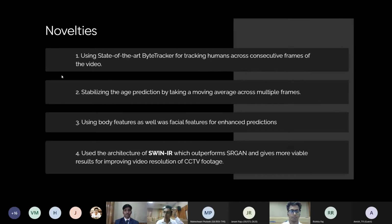Lastly, I would just like to go over all the novelties that we have used in our pipeline. We have used the state-of-the-art ByteTrack tracker, which performed well after trying multiple trackers. We got stable age predictions by taking a continuous average over multiple frames, as well as taking the mode for the gender over multiple frames, hence using the most information. We also used body features because the body would be useful to predict gender more than it would for age. Then we used SwinIR instead of SRGAN after trying the two because SwinIR seemed to perform better